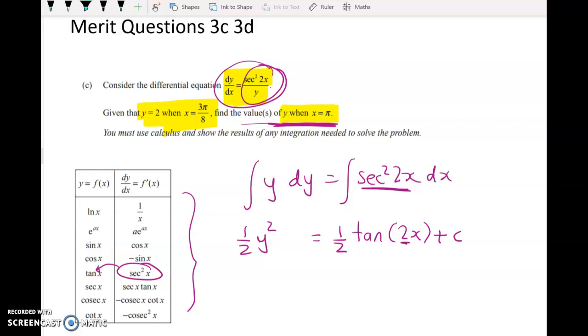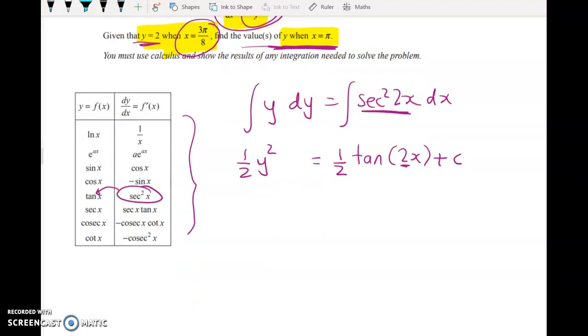Okay, now we're told that when x is 3 pi on 8, y is equal to 2. So I can substitute in 2, and I'll get a half of 4, 2 squared, is equal to a half of tan of 6 pi on 8. So 6 pi on 8 is 3 pi on 4. Let's just clean that up. That looks terrible. So tan of 3 pi on 4